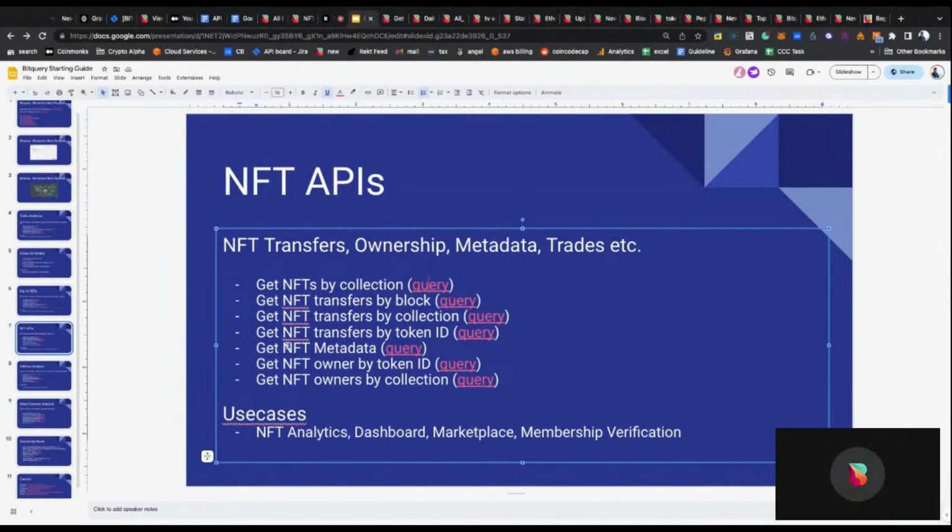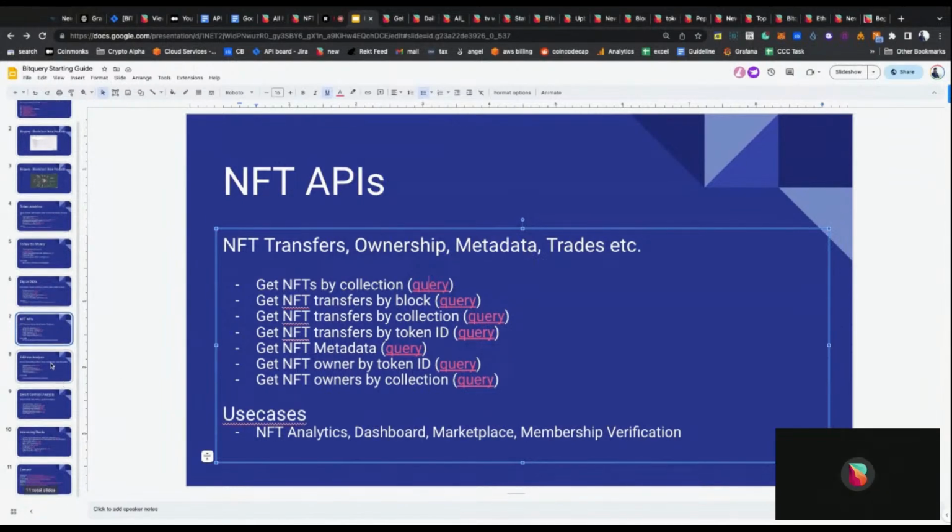So it's in the process, but you already have access to this sort of data, and you can have real time NFT transfers and all sorts of those things, and you can subscribe to that data. So rather than pulling from our APIs, you can have continuous access to new data. These new NFTs are not on our explorer till now, but it will come soon. So we'll enable all sorts of NFT related analytics on explorer.